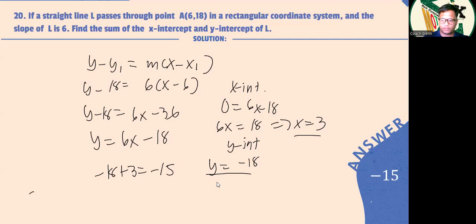Formula of equation. This is the point and slope equation. Point slope form of a line. Sir, how do you find m is 6? It's given. Slope of L is 6. That's your slope. Also, m is the slope. Okay. Any other questions? If there are no more questions, then let's have the next one.